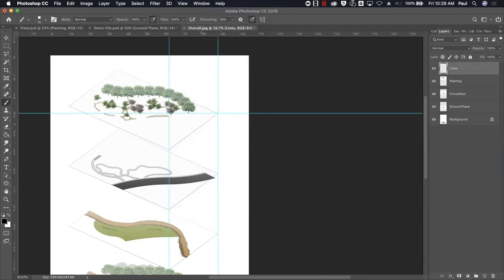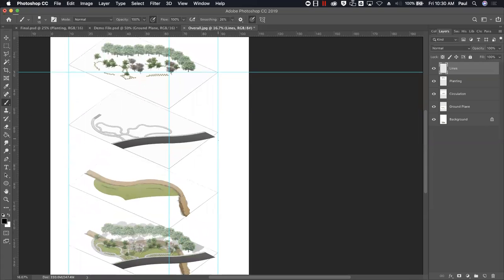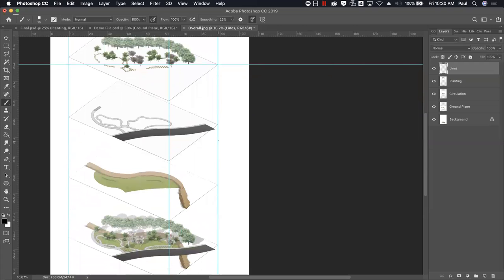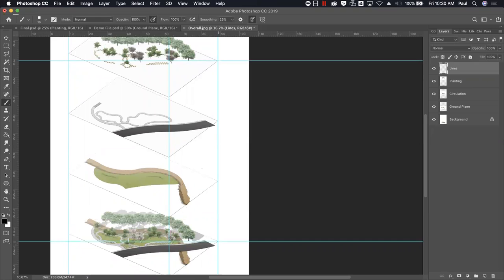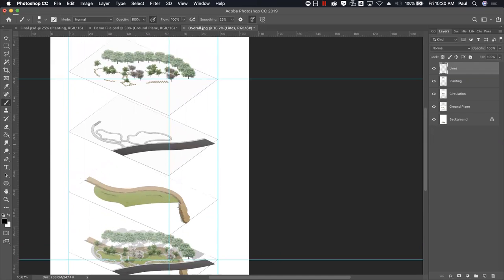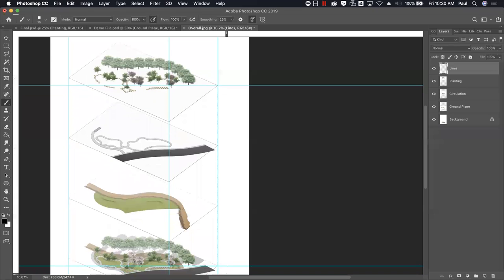When they cross each other, they create little snap points. So if you click near them, it's going to snap to that intersection. So I'm just going to create a couple of guidelines here. And basically my goal is to draw the dashed lines connecting the corners to further demonstrate that these are all connected pieces of the same landscape. So once I have my intersections, go ahead and click on this corner, hold down the Shift key, and just drag down until you get to